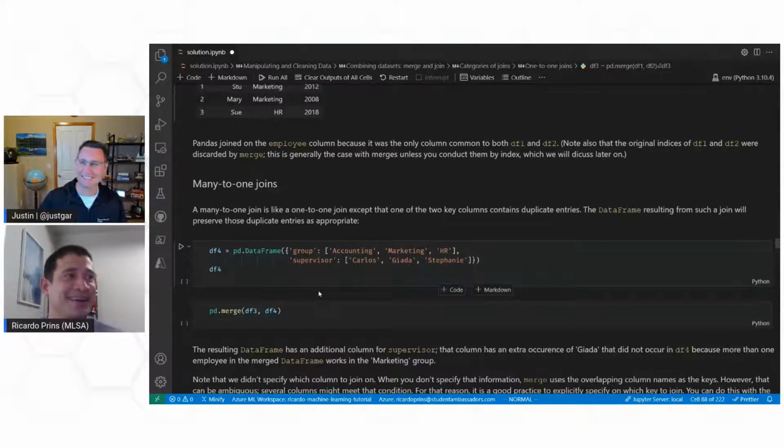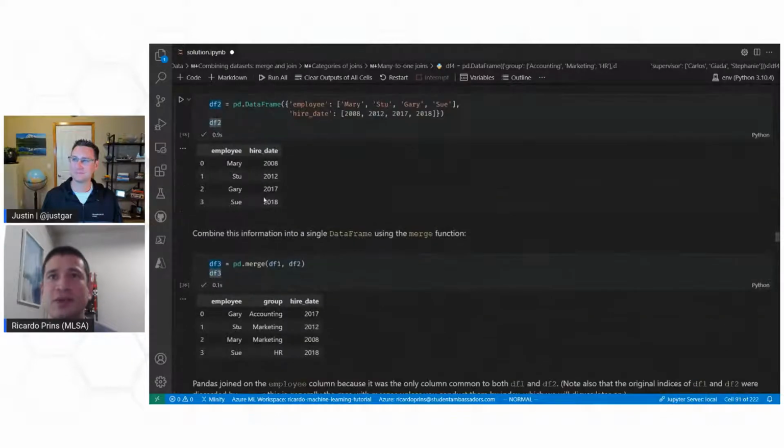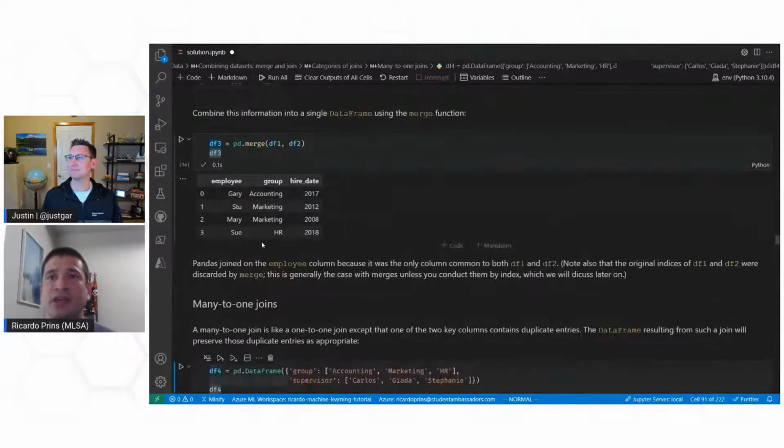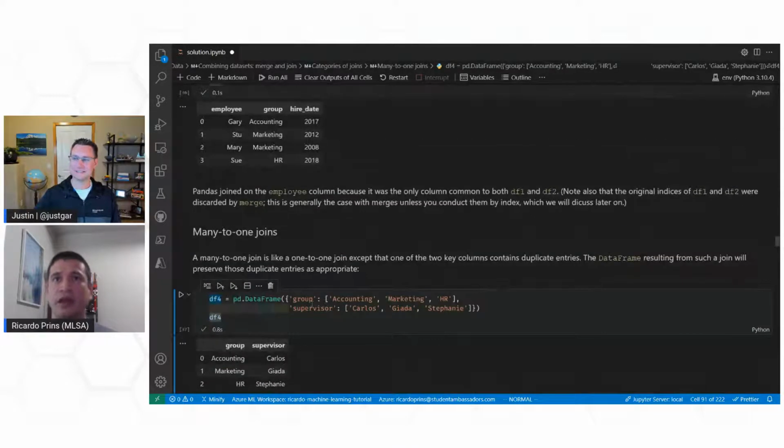I'll show you how powerful tools such as Pandas handle these things. So let's say, for example, let's create another group. You see here we have accounting, marketing, and HR. And let's say I want to add supervisor information for these. Since we have two employees that work for marketing, that can be kind of conflicting. And you can imagine that if you were doing this with SQL, it would be a little